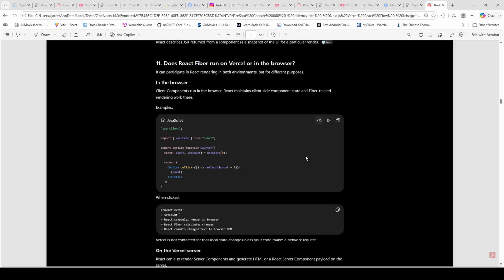So there's a client-side component in the client, and there is also a Fiber of React that could run in the server, but mostly it's in the client. For example: "use client"; import { useState } from 'react'; export default function Counter() { const [count, setCount] = useState(0); return (